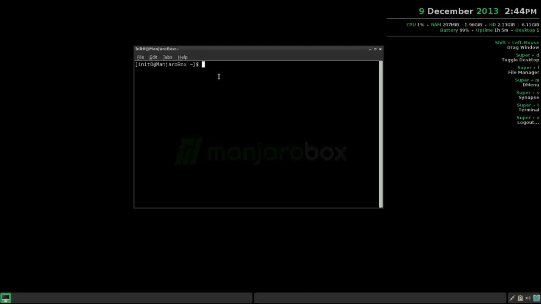The AUR, using Yaourt, you're going to be able to search a much broader range of available packages to install on your system. So if you're looking to install something that's maybe not in the Manjaro repositories, you have a whole other world of packages available to search and install. And using Yaourt,